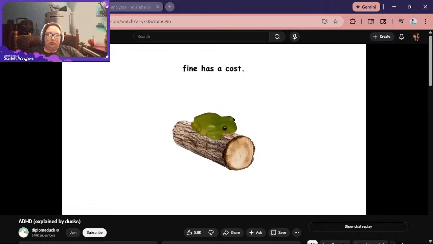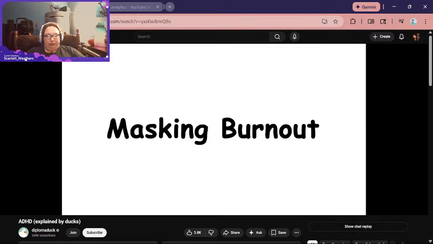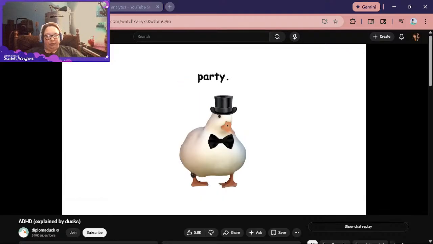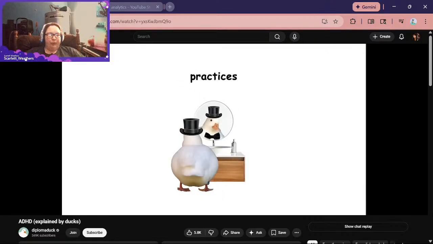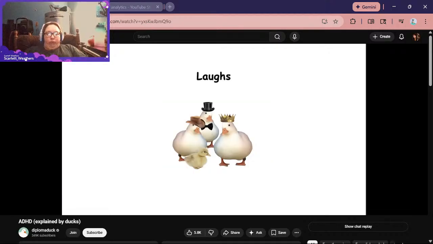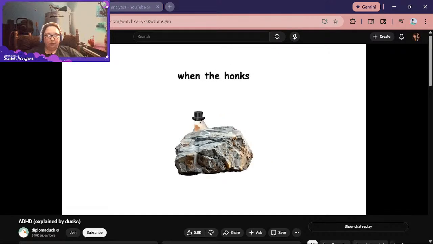Showing fine has a cost. Notice how this duck hides the strain. Masking burnout. Duck wakes up tired, puts on normal duck face, gets ready for pond party, smooths feathers, practices quack. Duck arrives at party, nods in the right places, laughs at the right times, hides when the honks are too